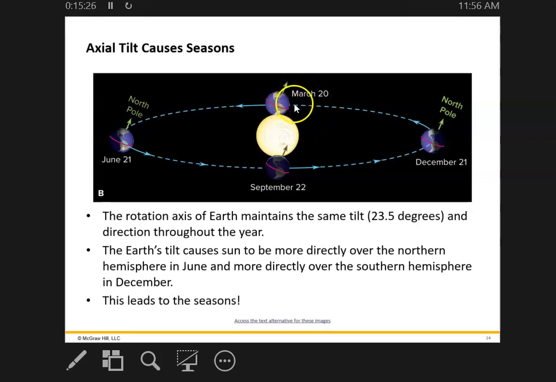Three months later in March, you get an equal amount of sunlight in both, and that's why they call it the equinoxes, right? There's the vernal equinox, the spring equinox, and then the autumnal equinox, 6 months later over here for September. But anyhow, let's continue. First day of spring, you have an equal amount of day in the northern hemisphere and in the southern hemisphere. And then as time goes on, you get 3 months later, then